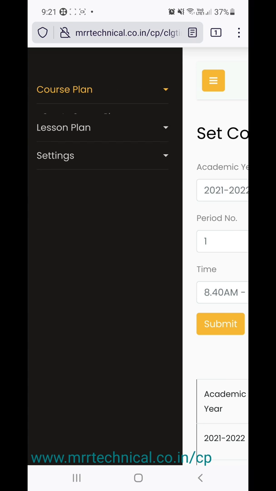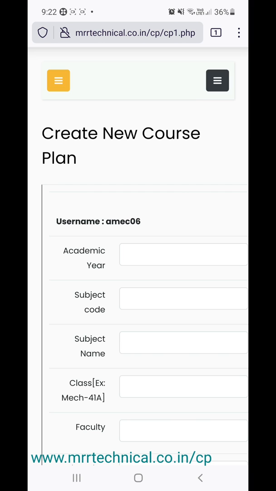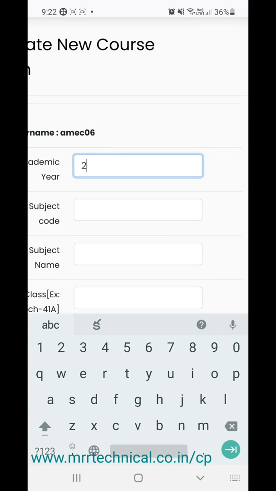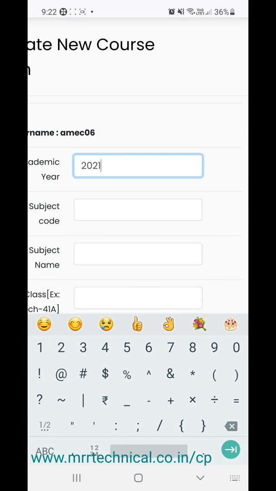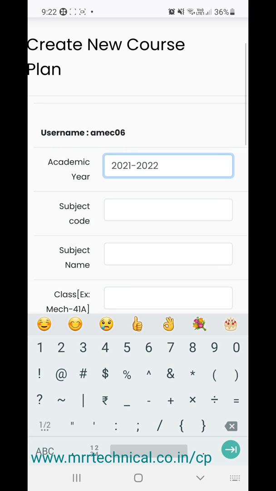Once the college timings are set, you can start creating the course plan. So you just take the same academic year 21. Suppose if you enter _22, then you will not get those timings. So whatever format you have used there, here also you have to use the same format. That's why hyphen. If you enter a space also, it will not match with the college timings. So all of you please note that you should enter the academic year in this format only. 2021-2022. So that is the format.